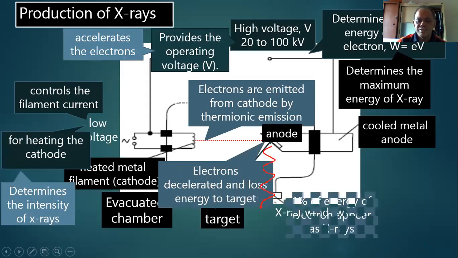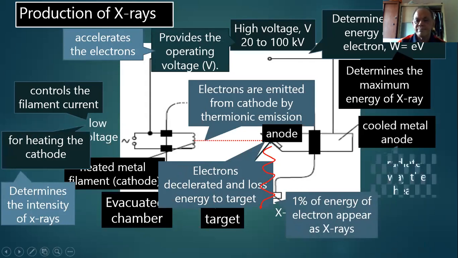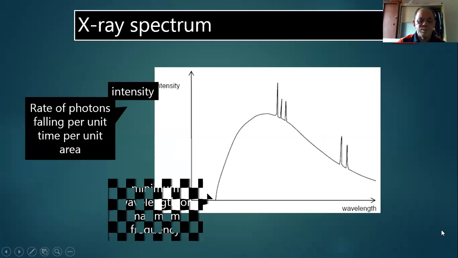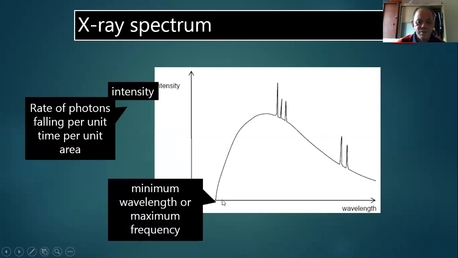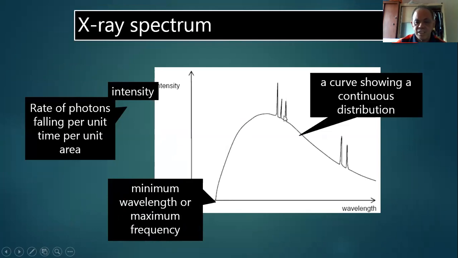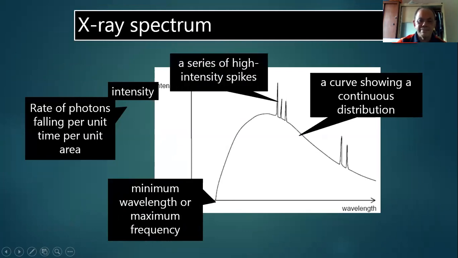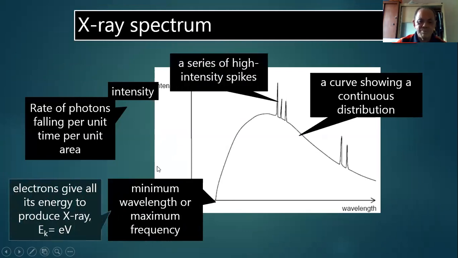How we produce our X-ray. 1% of the energy of the electron is given to the X-ray. And then the metal has to radiate the energy away. And then you must be able to, from the spectrum, identify what causes the minimum wavelength. And then this is a continuous curve distribution, how to explain that. And then series of spikes, how to explain that. Okay. So this is because of